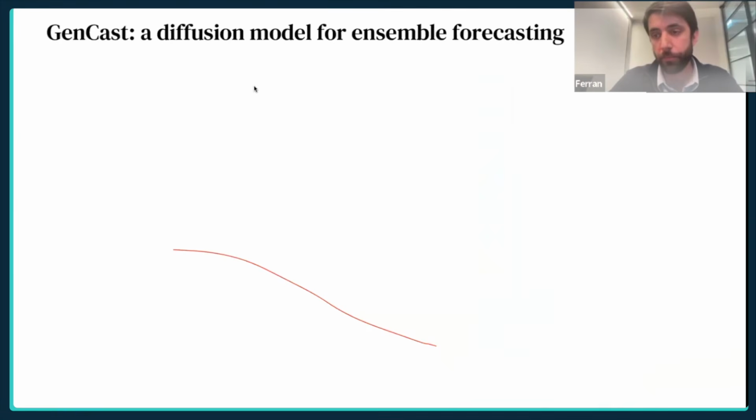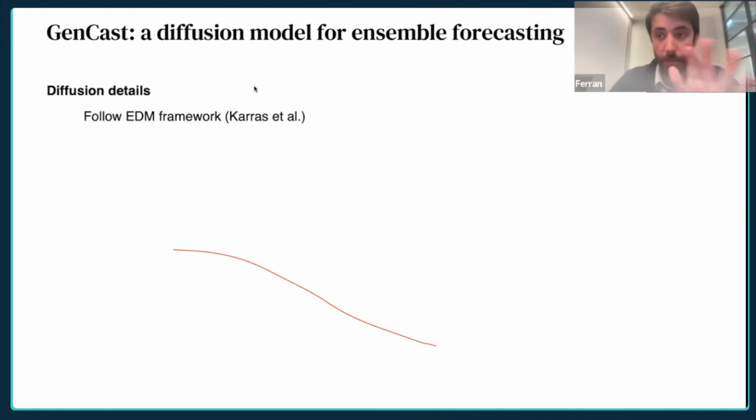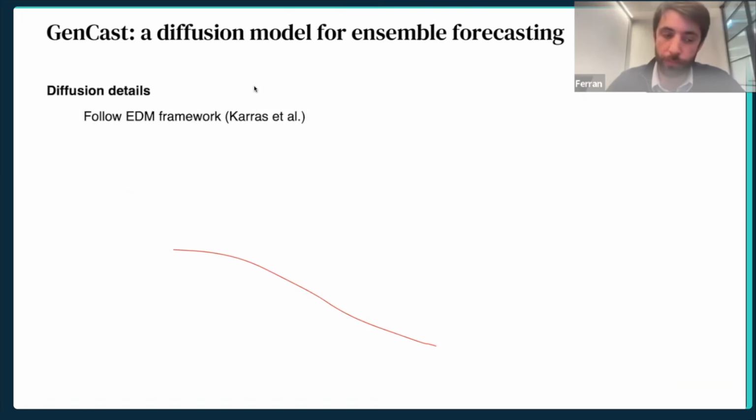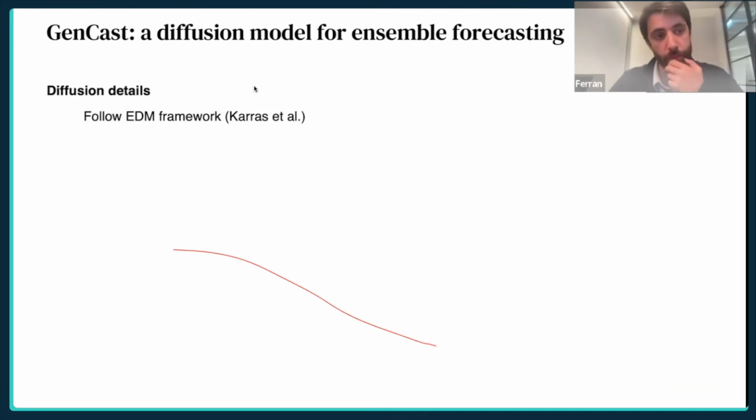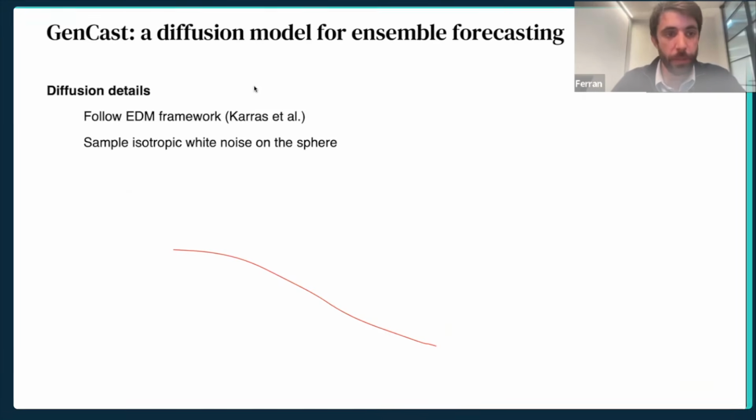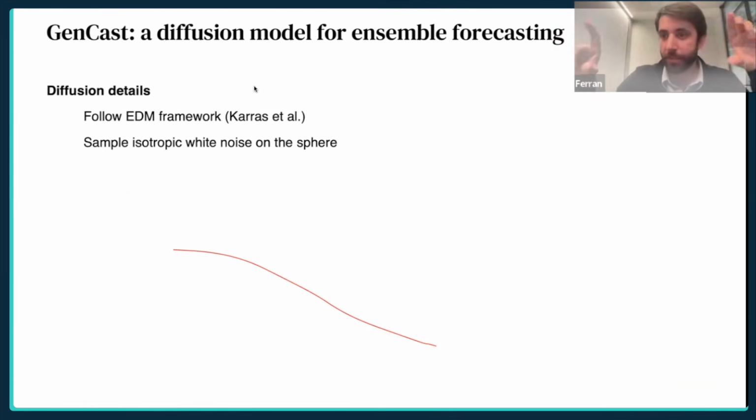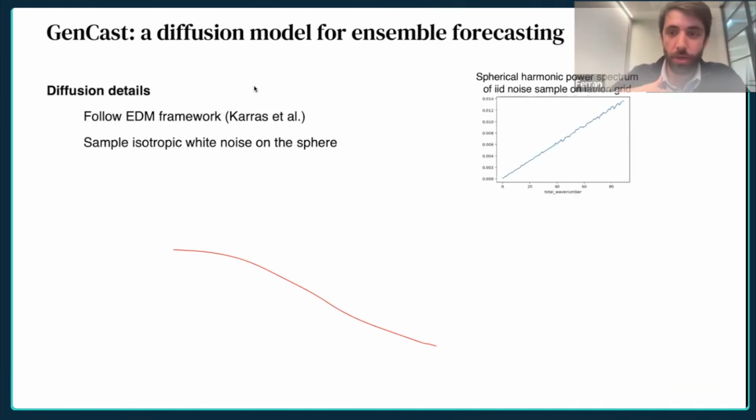The nice thing is that a lot of the framework, we didn't have to change with respect to vanilla diffusion. So in this case, elucidated diffusion models from Karras et al. at NVIDIA. Maybe one of the things that we had to change is that our metric space is a sphere, right? We are modeling weather across the Earth. It's not an image, that's a rectangle. So the noise has to be Gaussian on a sphere, not Gaussian on a rectangle.